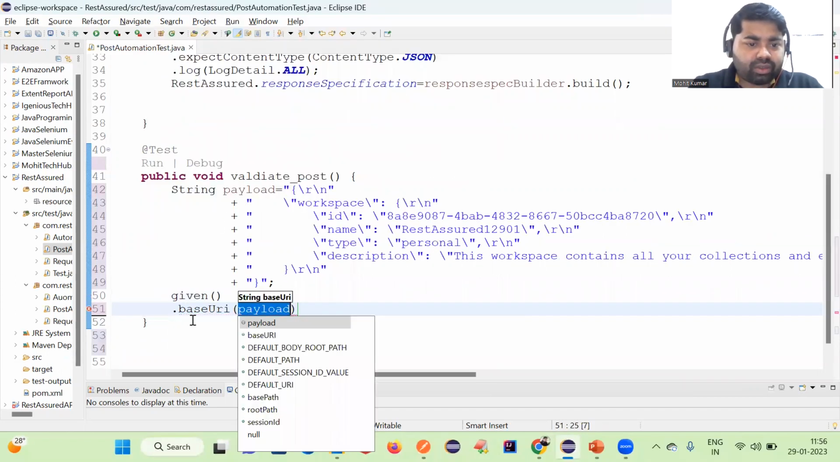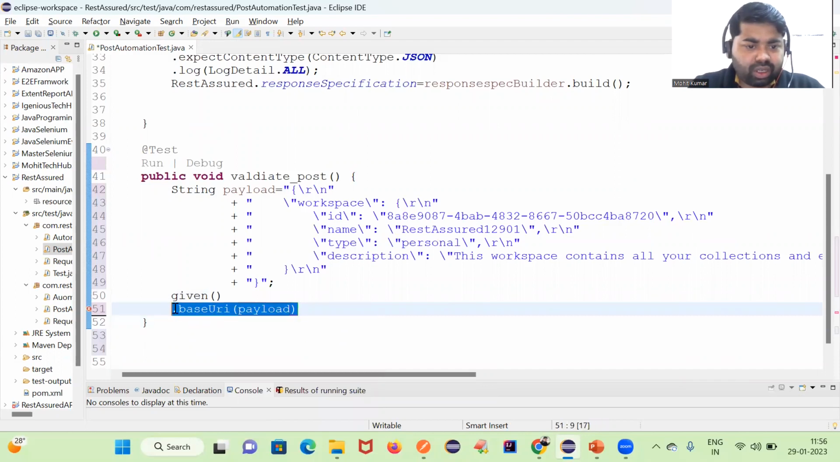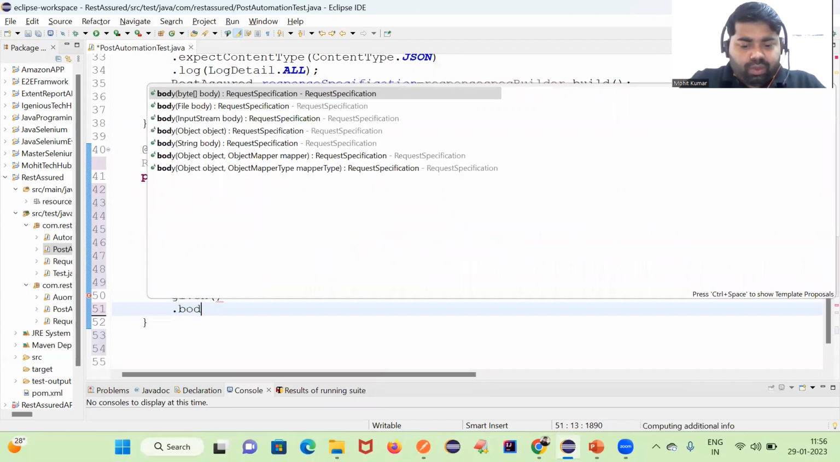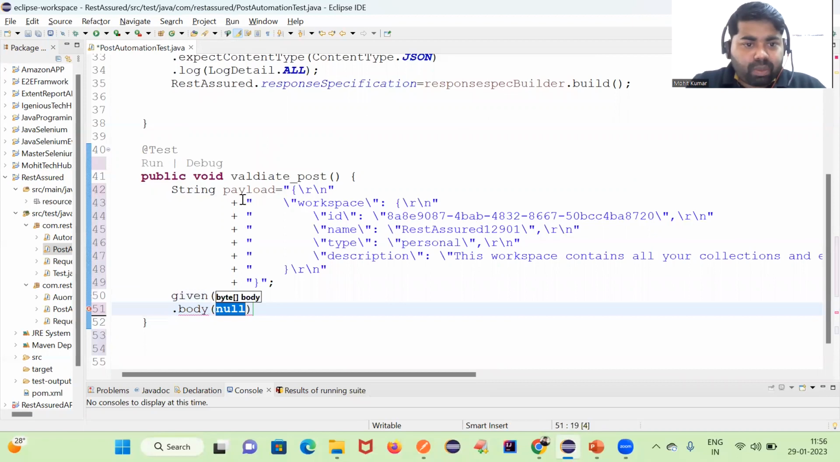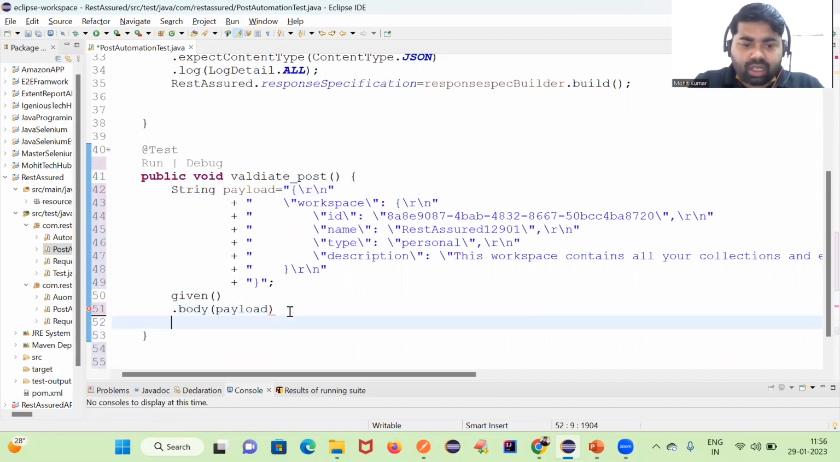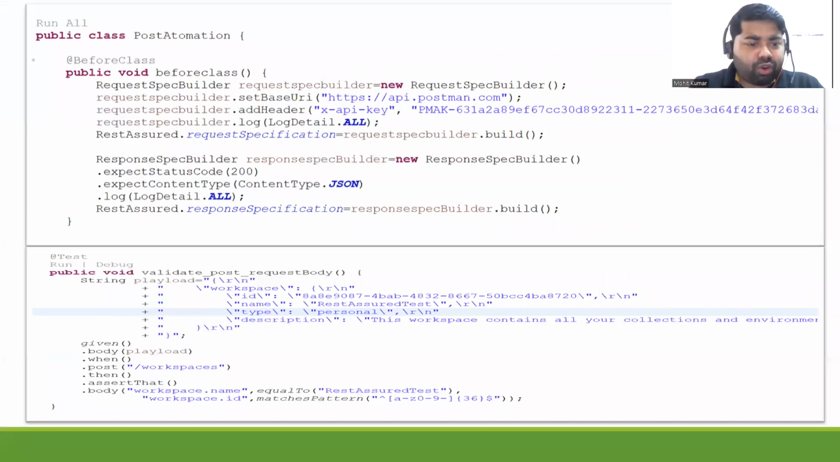You are passing a second argument on the base URI dot body. Okay, so you are passing some body here, right? The request payload. So you have to use the body method here, and you can pass this variable. Now the same steps we can follow. We have a given. So if you give the request body,